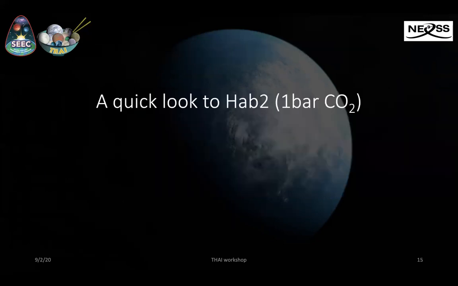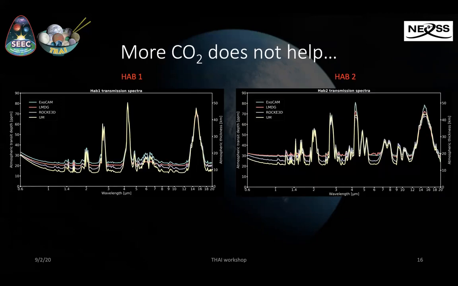We can also have a quick look at AB2 and 1 bar CO2. And the spectra look quite different because here you have a lot of CO2, you have a much warmer atmosphere, which is also much more moist, you create more clouds, everything is pushed up, and so your continuum level is also raised up. And so this really shrinks a lot of the CO2 lines from the bottom. You see also because the mean molecular weight is higher, the cloud top is really sensitive too. And so like we did for AB1, we have extended the model top to higher levels, 10 to the minus 10 bar in that case.